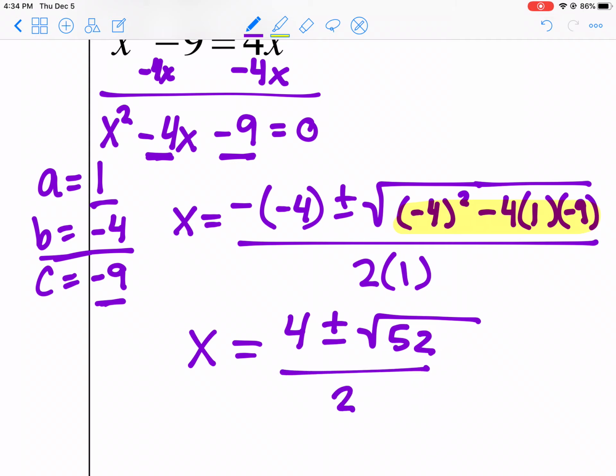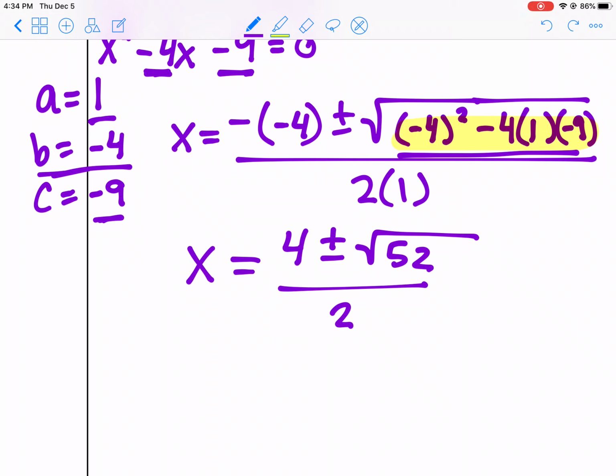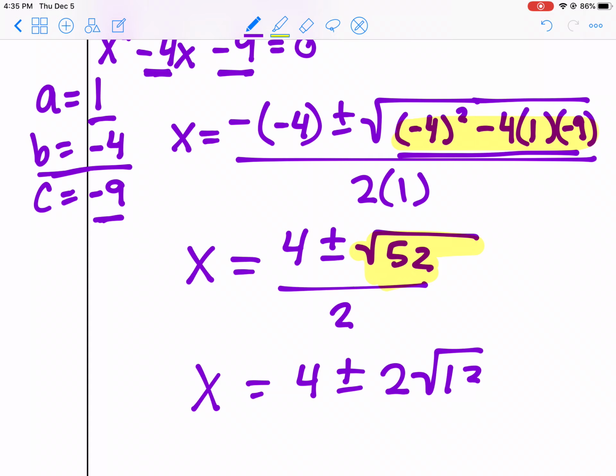Okay, so in addition to simplifying the discriminant, when I rewrote this, I simplified this portion to kind of get rid of the parentheses along the way. The next step in simplifying is to simplify now the radical. Okay, so the square root of 52, I know 52 divides by 4, 4 and 13, and since the square root of 4 is 2, then what we have here is, x equals 4 plus or minus 2 root 13